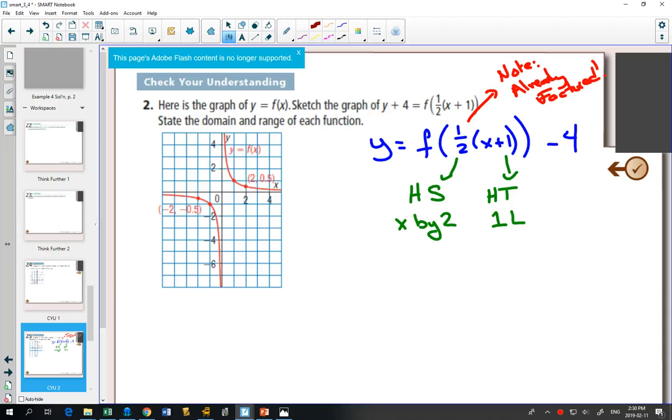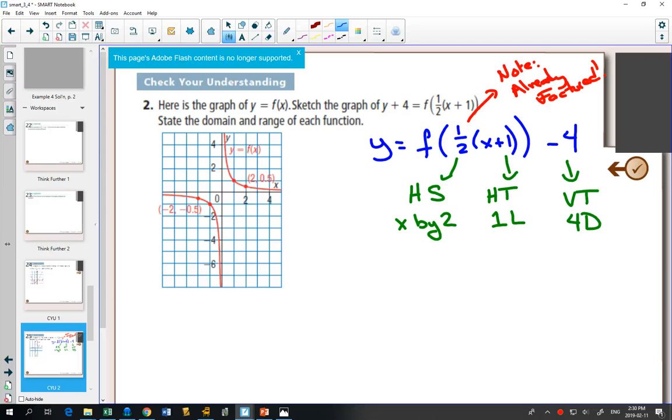And finally, the -4 is a vertical translation. That will go 4 down. So first of all, we look at the equation. We make sure that it's in a proper form that we like. I like moving that 4 over to the right-hand side, so y is right by itself. Then notice that it was already in factored form, labeled each of the things, and now we're ready to do